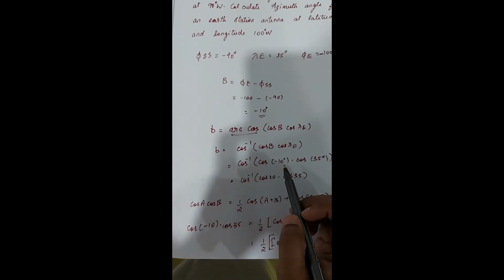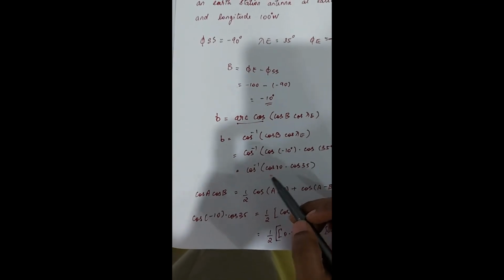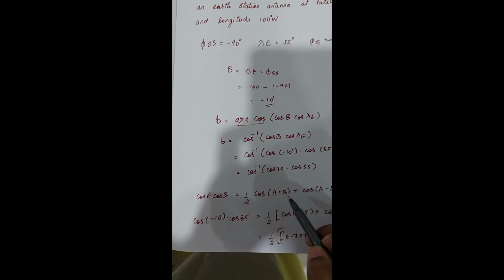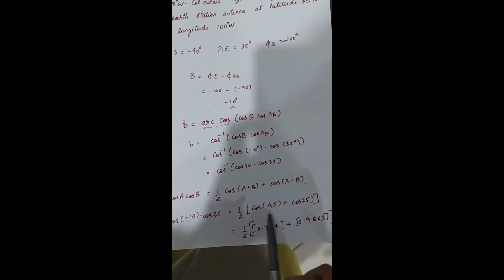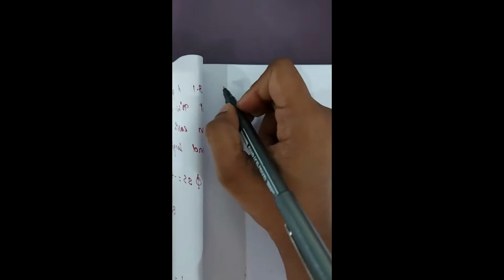Cos inverse of, we substitute the values. We know cos of minus theta is cos theta. So we know the half angle formula, cos A cos B is equal to half of cos of A plus B plus cos of A minus B. So substituting cos A cos B over here, we get this particular value. Once we solve this, by solving b, we get